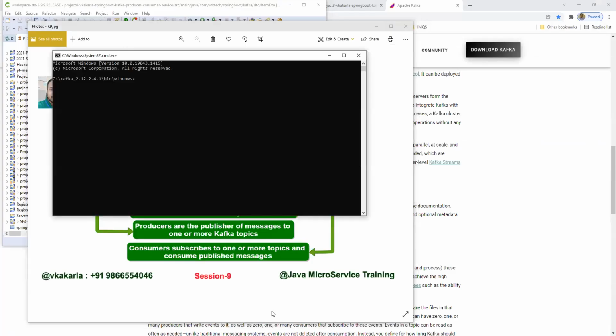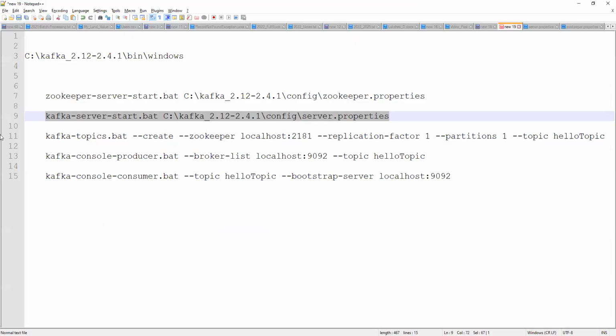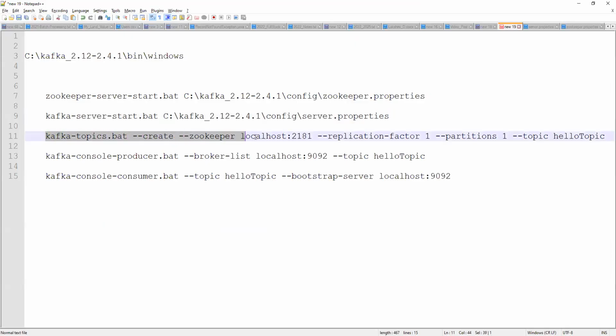So here let me open. The command uses kafka-topics, create, with Zookeeper localhost, replication factor one, partitions one, and my topic name is hello topic.